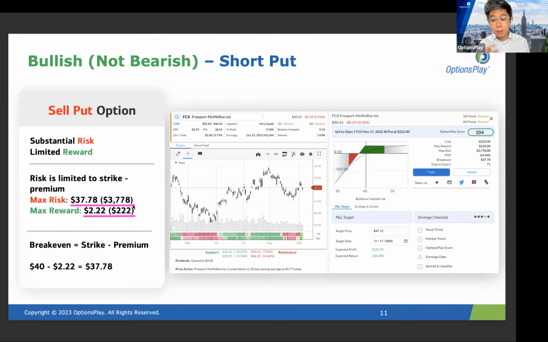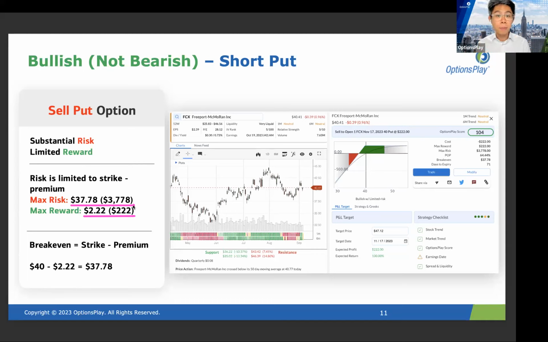But let's walk through what that means, because in order to actually lose $37.78 on this particular stock, this stock has to go to zero in order for that to happen. You have to ask yourself, do you think that the risk of that is high? In some stocks, that risk might be high, and maybe you're not willing to take on that risk. But for other stocks where you are confident in the valuation of the stock, and you feel the risk of it going to zero is very unlikely, and receiving the amount of income that you can get on these types of strategies makes sense to you,